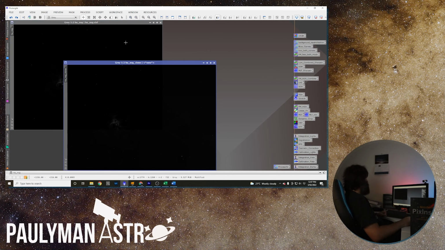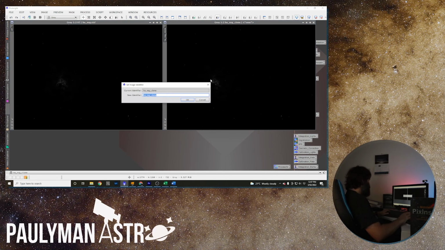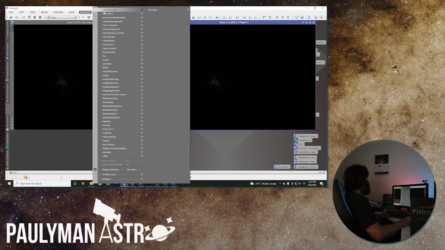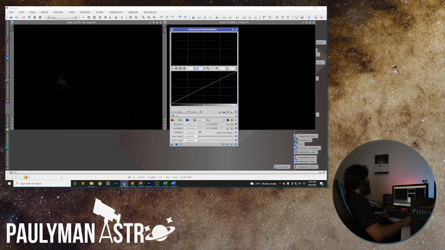What I'm going to do first is make a duplicate, and I'm going to call this one on the left histogram transformation, HT, and the one on the right I'm going to call GHS. There we go. And I'm going to open up histogram transformation now. And I've made a video in the past on how to use this tool nice and quickly,